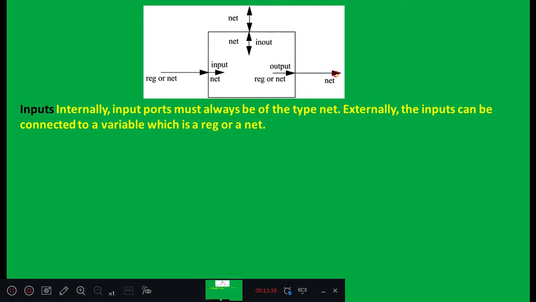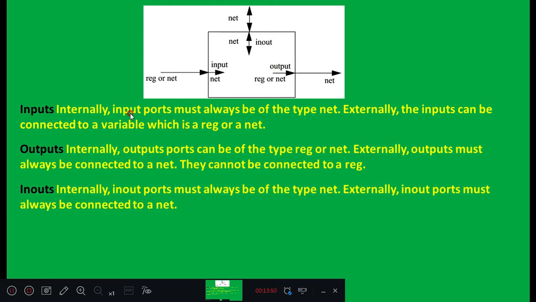Externally when you are connecting it should be a net only. So these port connection rules we need to follow when you are using structural coding. Outputs internally, output ports can be of the type register or net. Externally output must always be connected to a net. They cannot be connected to a register.